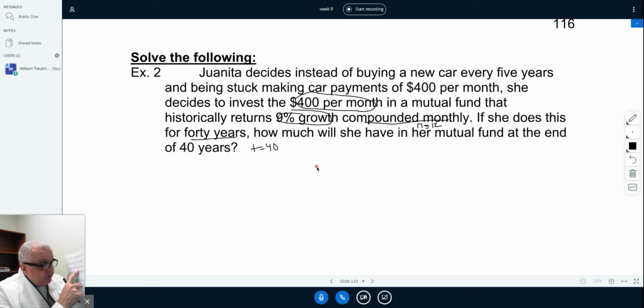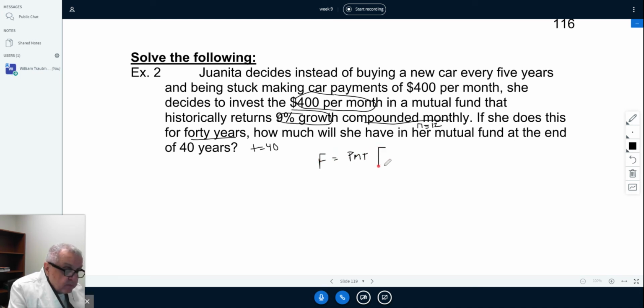So I'm looking at my formula sheet, and it says future value equals the payments times 1 plus R over N, remember, I use N instead of M, raised to the N times T, minus 1, all divided by